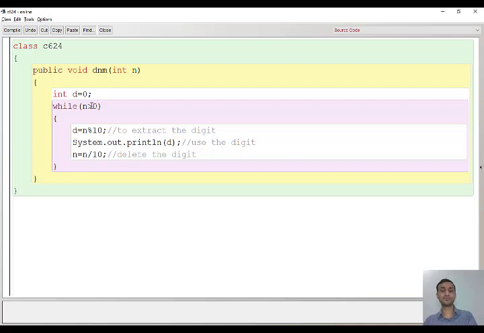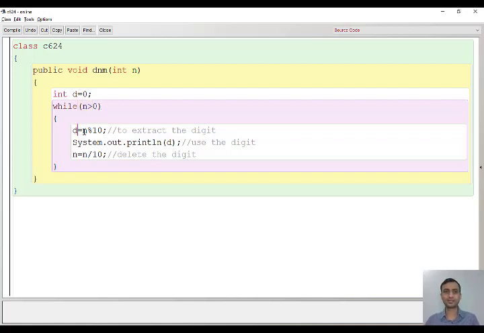While it is greater than 0 means if it has become 0, when all the digits are used, it will become 0. I have already told you. So do you need to extract more? No. So we will be extracting digits till the number is not 0. Once it becomes 0, we can stop extracting the digits. So we will be extracting digits till n is greater than 0.